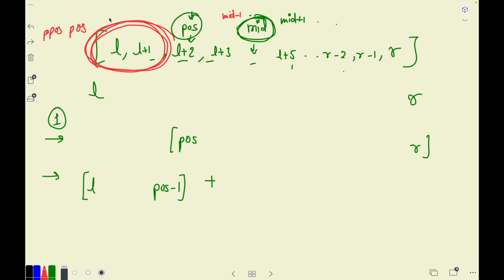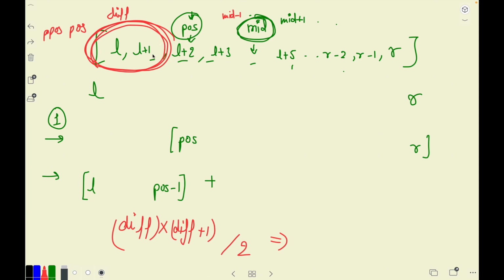Let's call that total length of the difference region as diff. Then can I say that diff into diff plus 1 by 2 is actually the total number of substrings I can create in this segment, and that would be